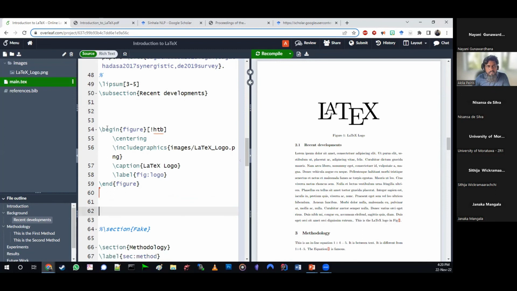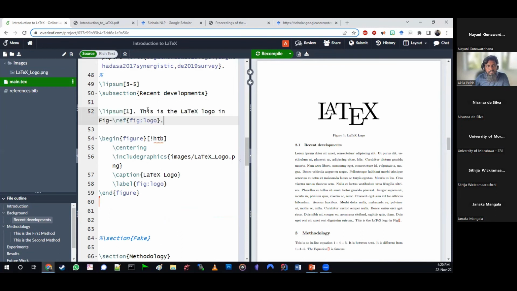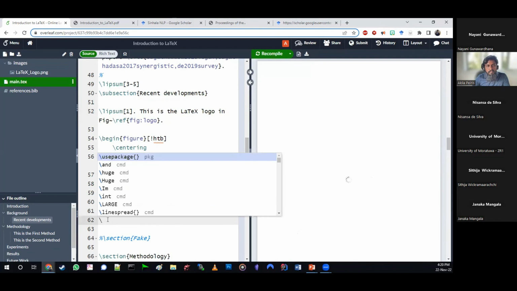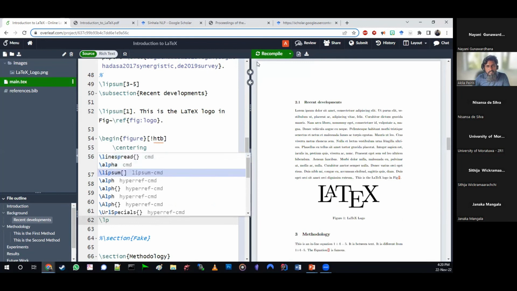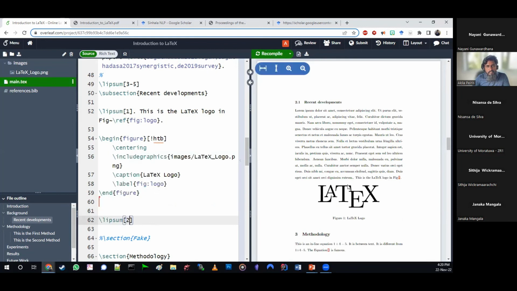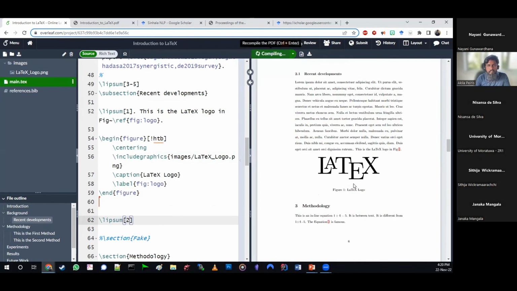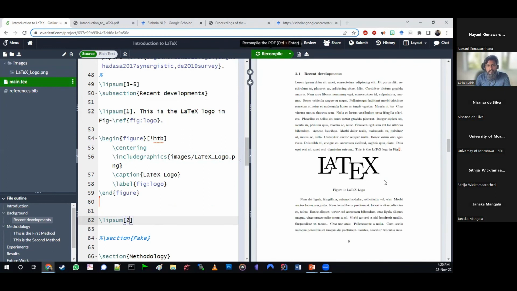Let's move this text over here so that the wall of text goes over there, and I will add another ellipsum to here. There. Now it is in here.